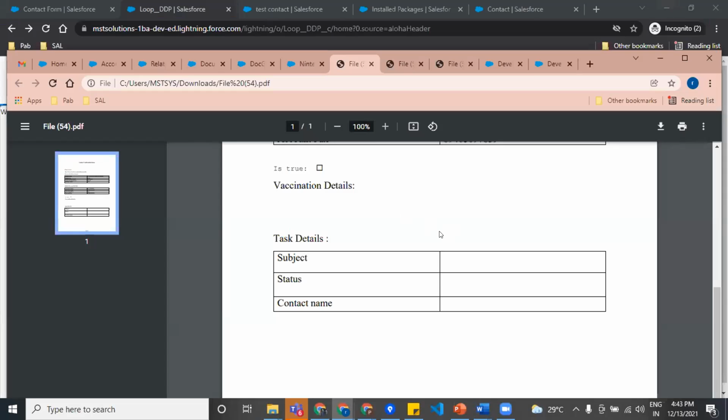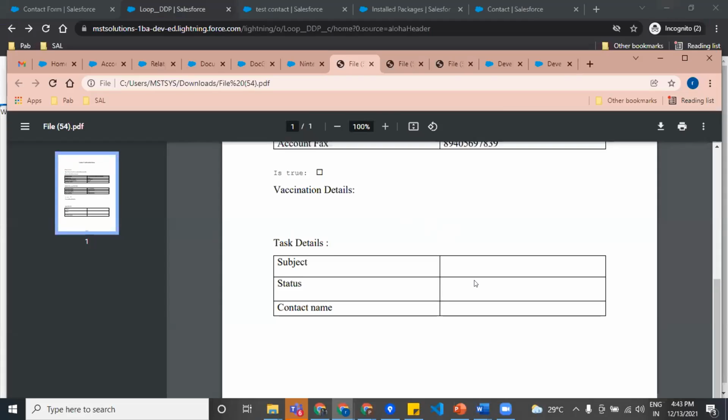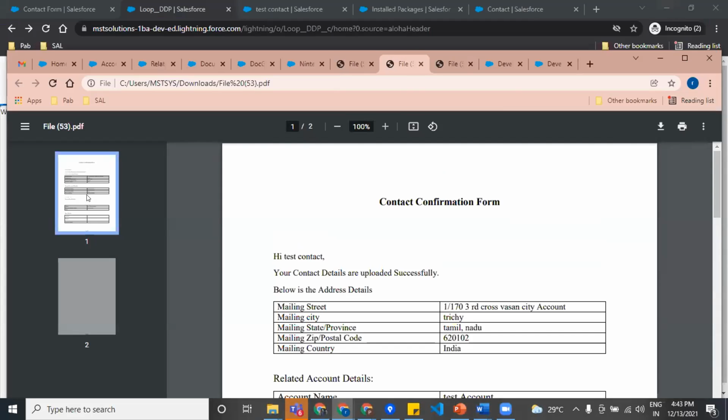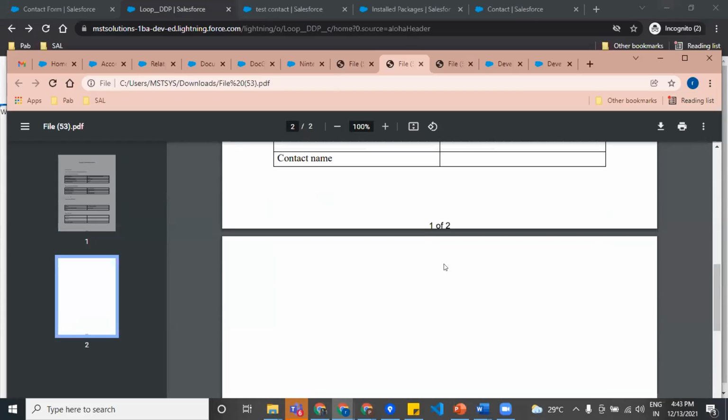So there is one very big difference. If you are able to see, in the last part, I have something called one of two. This is nothing but the stamp. We can call it the numbering of the page, or page stamp numbers that are being displayed.